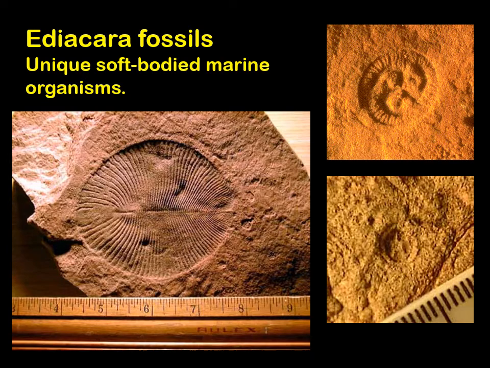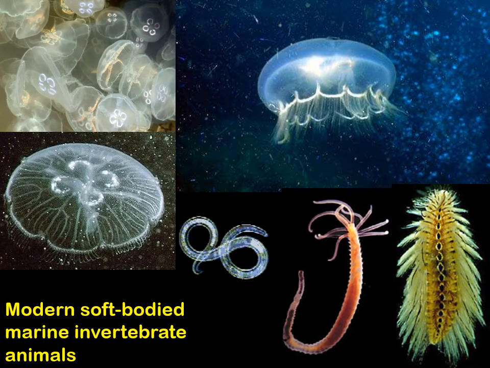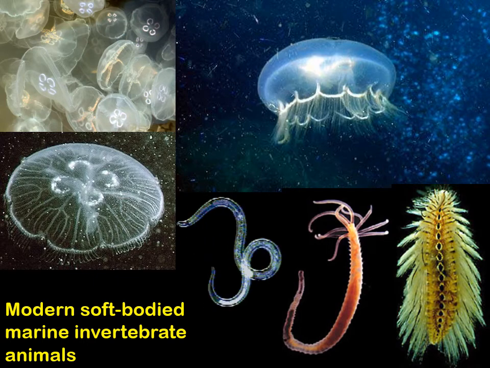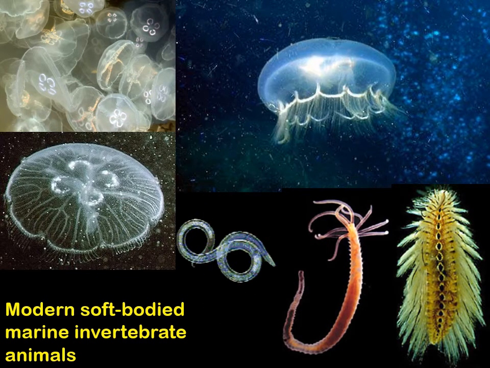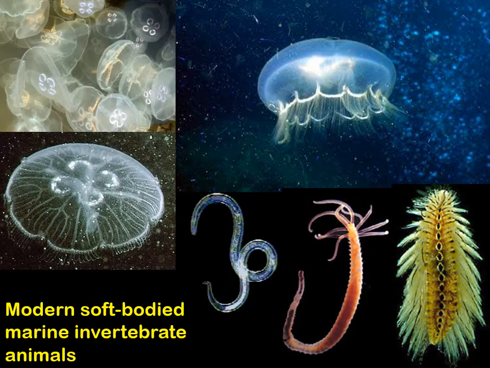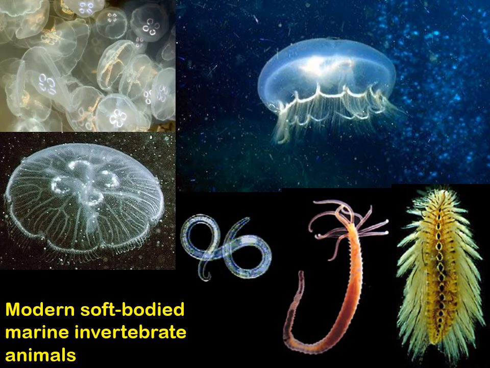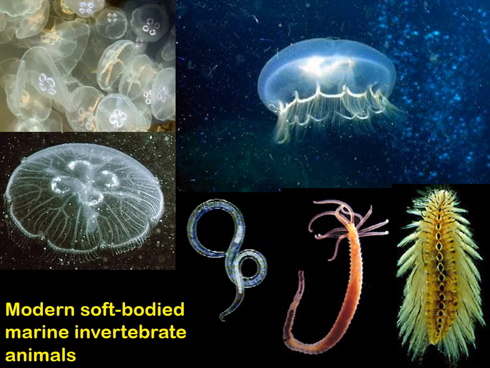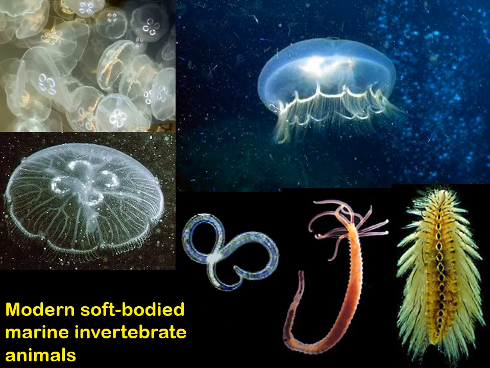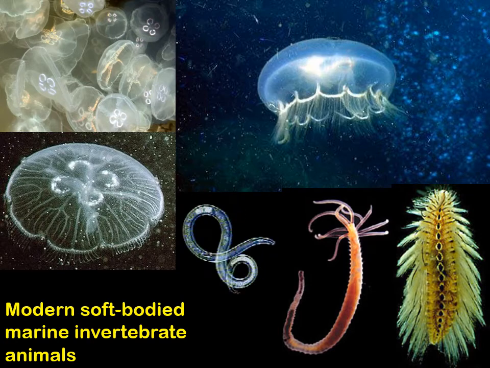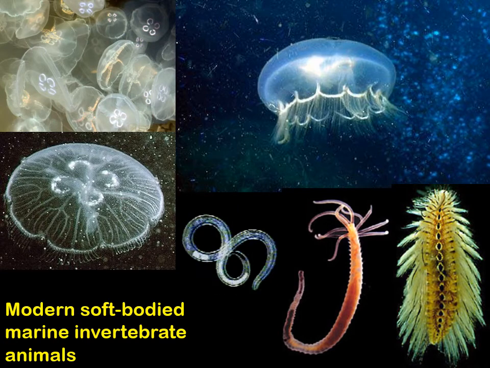These organisms haven't changed considerably in all of this time because they're very, very simple organisms. Now they're complex for being multicellular compared to single cellular, but compared to some of the other things that we've seen, they are a little bit simple. So our modern soft-bodied marine invertebrate animals, not that different. We still have polychaete worms and flatworms and jellyfish alive today. And if you think about it, this requires a very special kind of fossilization and preservation because they don't have hard parts. So you need that soft impression. And without lagerstatten like this, without that exquisite preservation of soft tissue being represented, we wouldn't even know about an Ediacaran fauna.